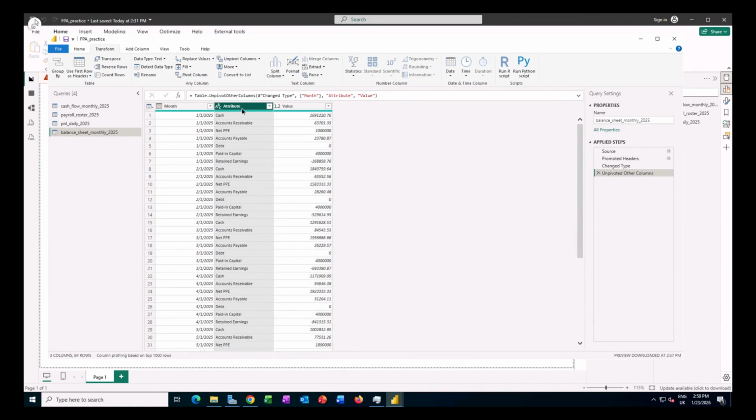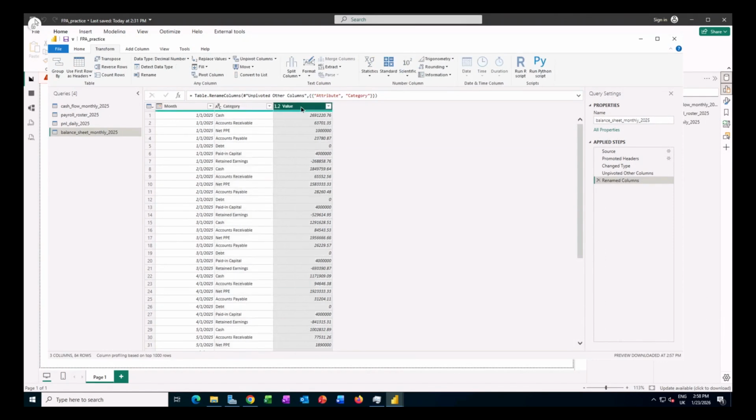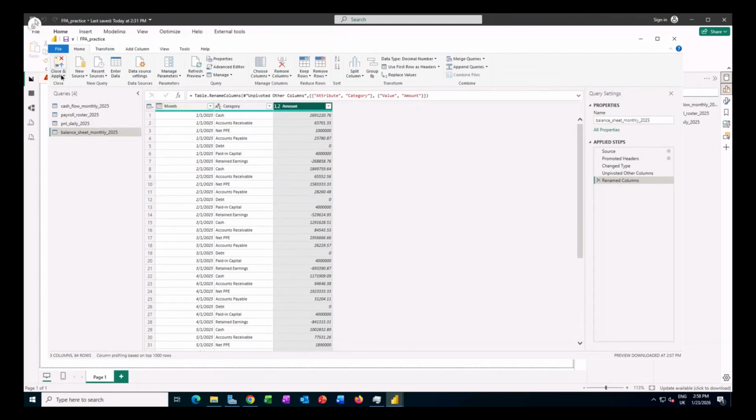So I'm actually going to change this attribute name to category. Okay, and then value will be my amount. Just so it's clear, I can see that category is text format and the amount is my numericals with decimals. So now with that transformed table, I can go back to my home tab and then